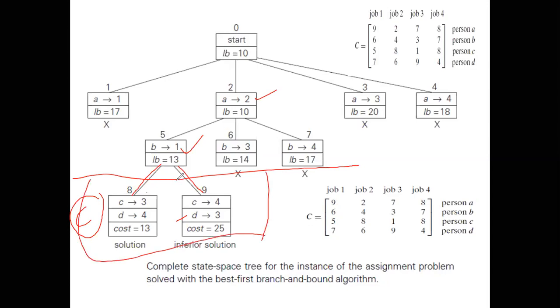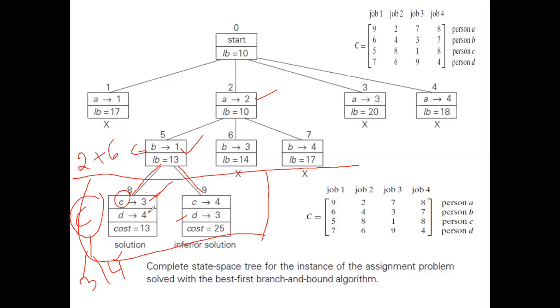Now what you need to do is assign the possible alternatives, the left out jobs, job 3 and job 4. So I can either assign job 3 or job 4 for person C. Now we will check the total cost. We will see the minimum one out of that. Correct. So in this example, what did I do? Assign job 3 for person C. If you assign job 3 for person C, what was the value which you get here? So for this, I'll just write down.